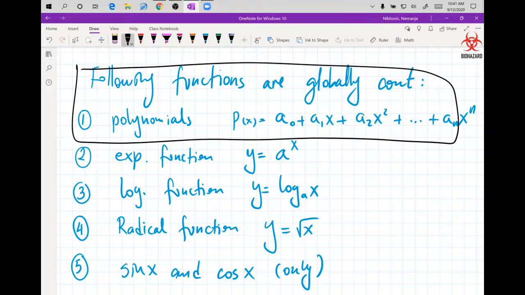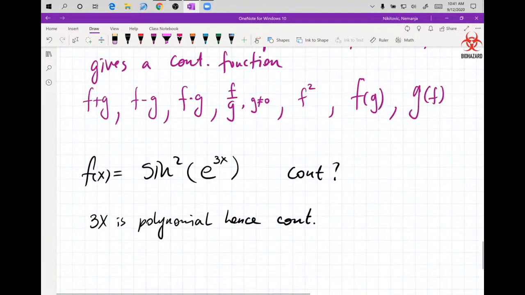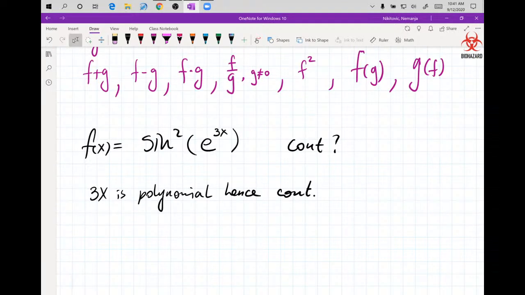All polynomials are continuous. Therefore, you made the claim that 3x is continuous because it belongs in this black box, what you see right now on the screen. So 3x is continuous. Then what you do? You now call on purple,